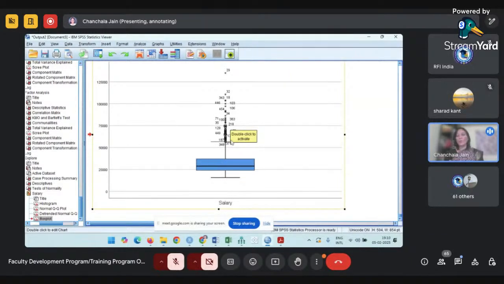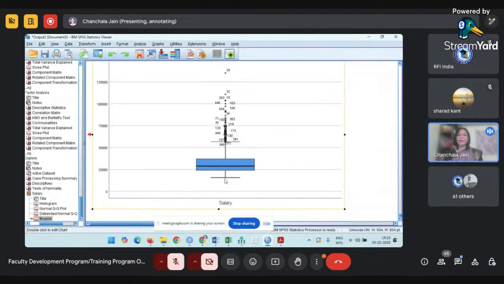There are 5 components of a box plot. The middle line is the median line. The upper line of the box is the third quartile. The lower line of the box is the first quartile. Above the box, this area is known as the upper whisker, and this area is known as the lower whisker. Beyond the whiskers, if any circles or asterisks appear, these are known as the outliers.